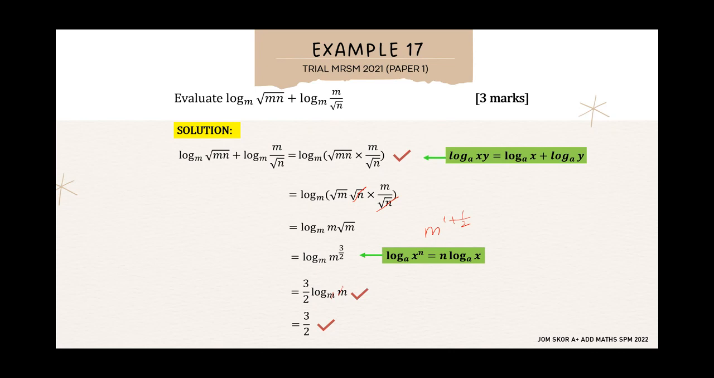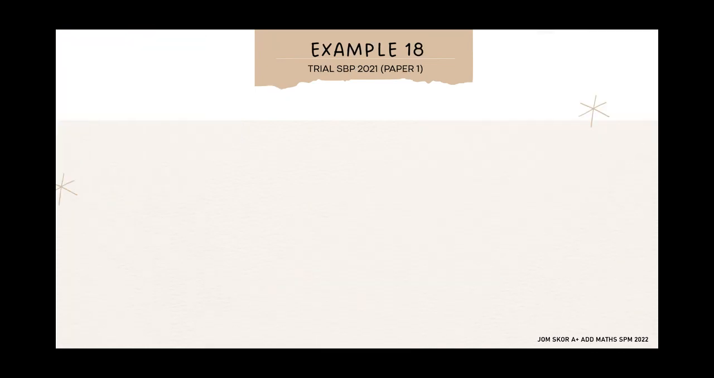Okay, example number 18. SBP 2021. Soalan ni. Given log 3 base 7 is equal to k, and 7 to the power of 3y minus 1 is equal to 21. So, kita ada log di sini dan kita ada index di sini. It's a combination of both. Soalan dia, express y in terms of k. So, y akan jadi subjek. Okay. Satu persatu,